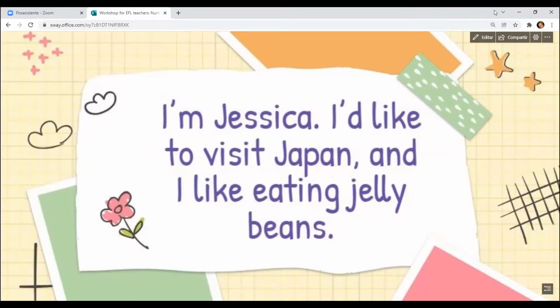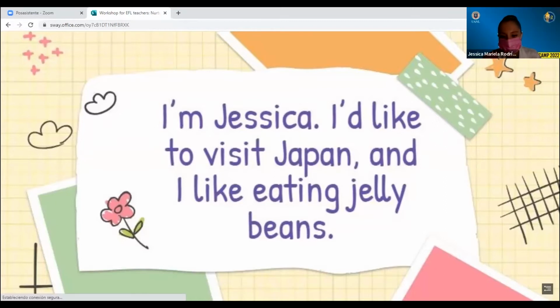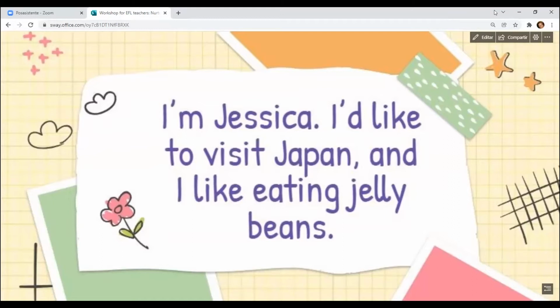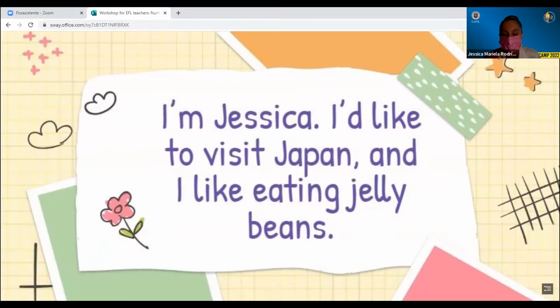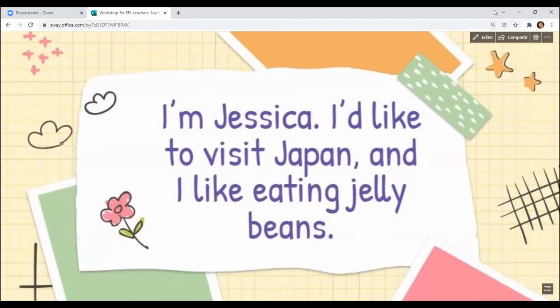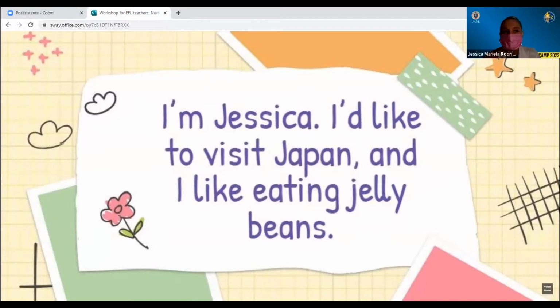Me, teacher. Hi, good morning. I am Alejandra. I like to visit Argentina, and I love apples. Okay, green apples or red apples or yellow apples? Green. I don't like the red ones. You don't like the red ones. Sometimes red apples are kind of sweeter, right? But some other times the yellow ones and the green ones are kind of sour sometimes, like we need to wait a little bit more for having them mature. Yes. Thank you.